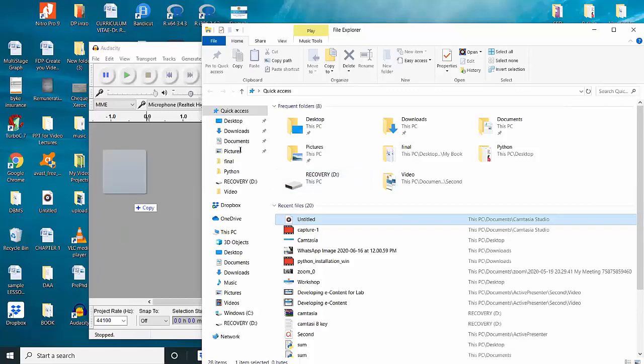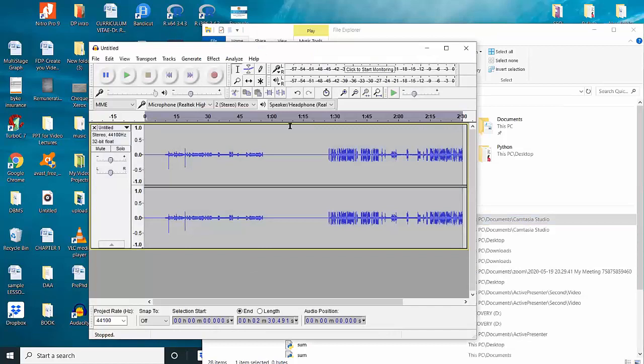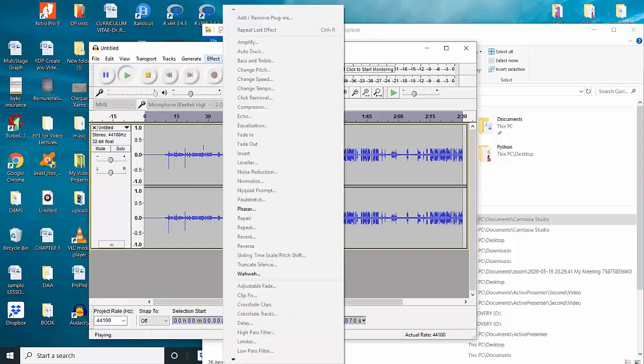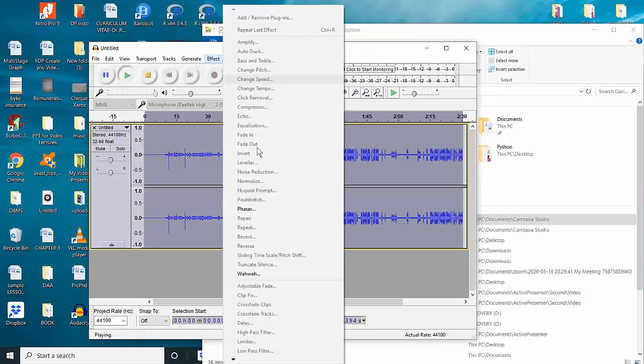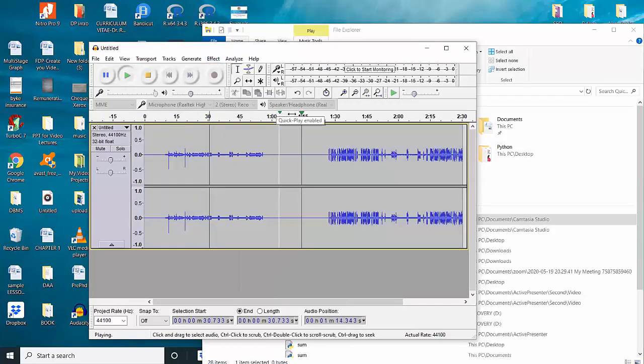and you can see the Audacity software is available to me, and I can do any kind of audio editing here. Let us say I want to crop this portion or something like this, there are many effects I'm having. Let us say I'm selecting this.